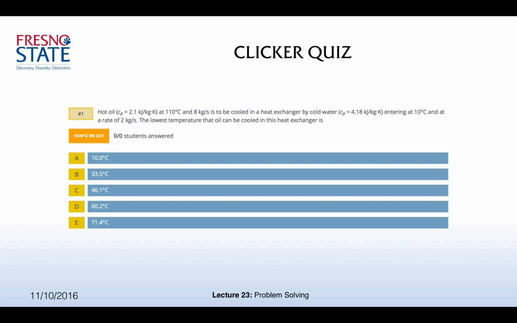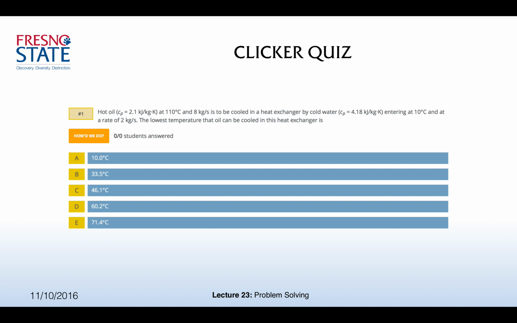So in this clicker quiz, the problem was as follows. We had hot oil with a CP of 2.1 kilojoules per kilogram Kelvin. That's our hot fluid. We already have the CP for it, so no tables needed. So CP is 2.1 kilojoules per kilogram Kelvin at 110 degrees Celsius. That's the inlet temperature of the hot oil, T_H inlet. And 8 kilograms per second, that's the mass flow rate for the hot fluid, m dot H, is to be